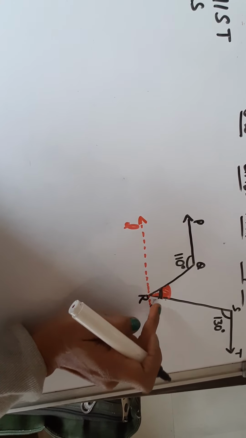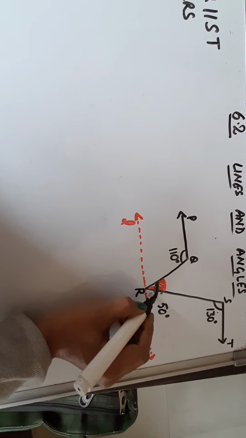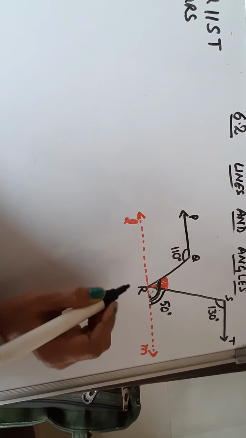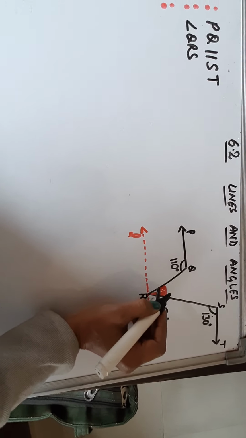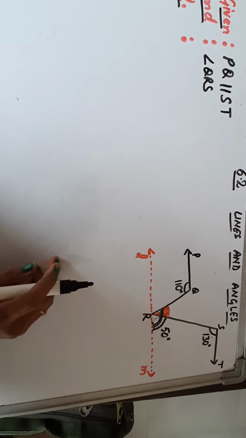And if from this complete angle I subtract this angle, I am left with this. And this complete angle will be equal to which angle? Equal to angle PQR, alternate interior angles. So in this way we need to find this angle and this angle, and by subtracting these two angles we'll have the desired angle, that is angle QRS. So let us solve it.